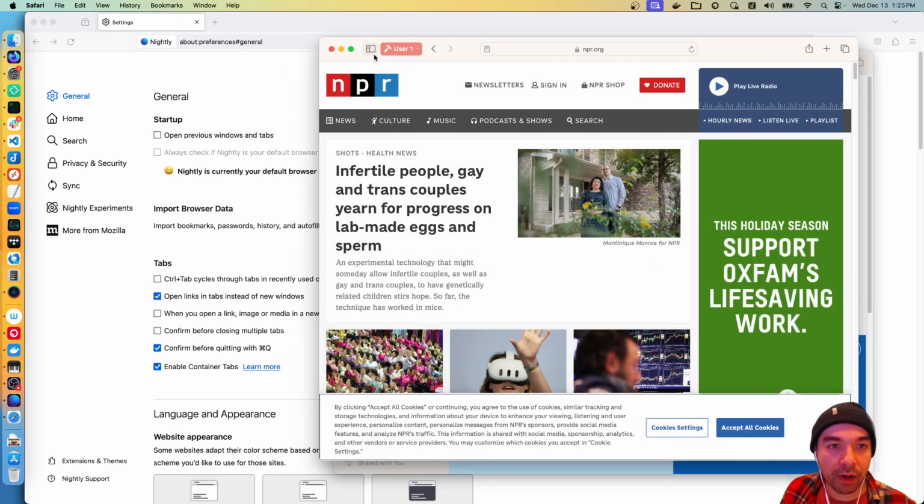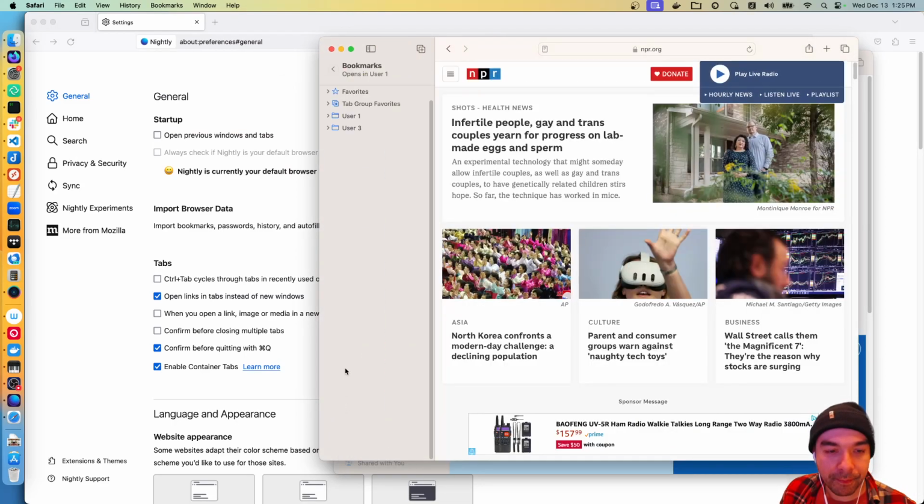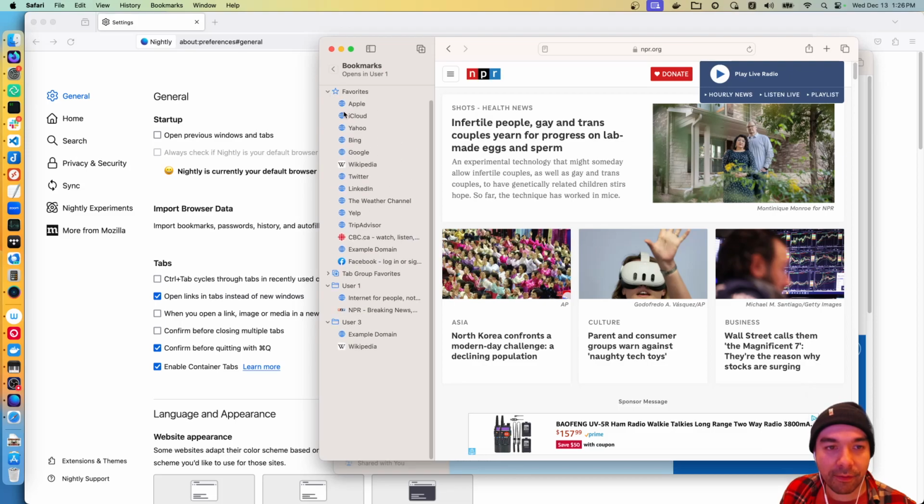Okay, so if we look at our bookmarks here, user 3 has example.com and Wikipedia. User 1 has mozilla.org. I don't know why they didn't get the favicon on there. They've got NPR for favorites. We've got a bunch of stuff, a bunch of missing favicons too. And we've got Facebook and CBC and Wikipedia also in there. Okay, so these are our starting conditions. And what I want to know is